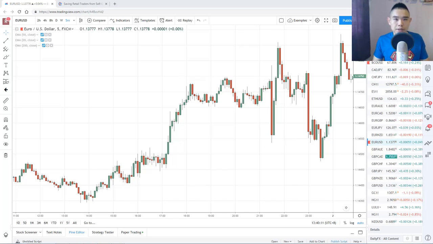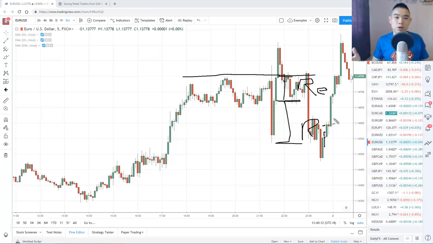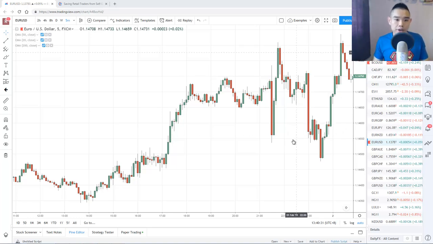Okay, so it will be something like this from a risk to reward standpoint. Let me just draw it out. So maybe you enter here to here, this might be your reward, let's call it RE. And here to here might be your risk, RI. You can see from a risk to reward standpoint, it's not even one-to-one for this particular trading setup. However, that is not the only setup that you might have.